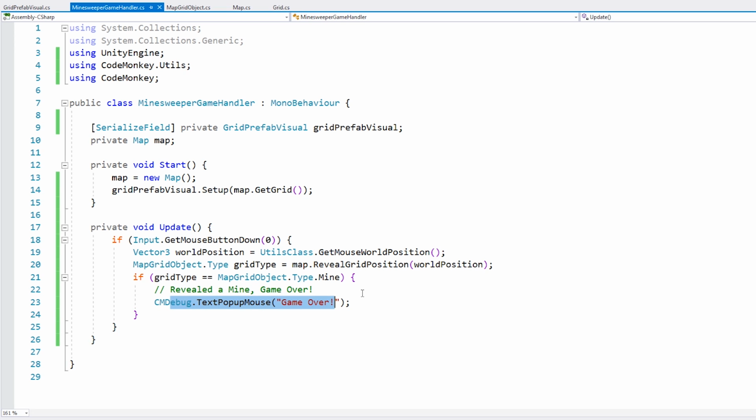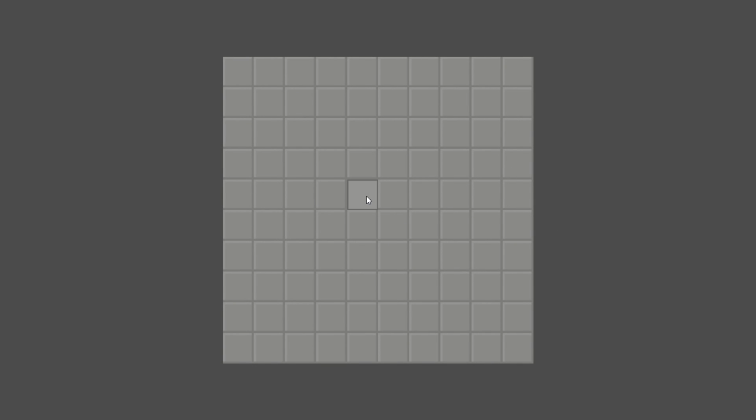All right, so let's see if this happens whenever we reveal a mine. Okay, here we are, let's reveal. And nope, that's empty. Empty, empty. Okay, there's a 1, so there's a mine at some point in here. And there you go, that's our mine, and we have our nice game over pop-up. All right, great. So we are now correctly identifying what we reveal when we reveal a position in our grid map. Now let's just make a quick debug visual to show the entire world